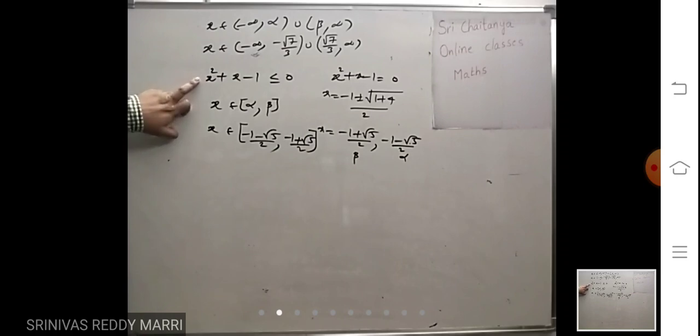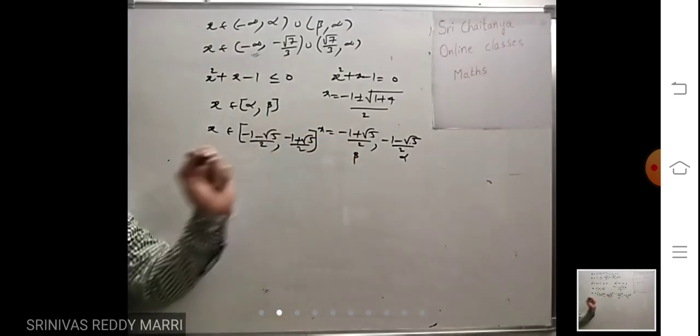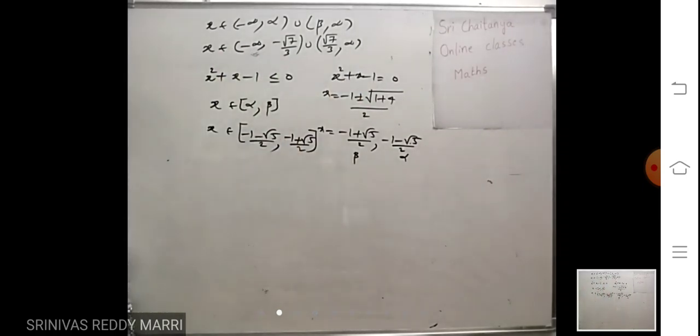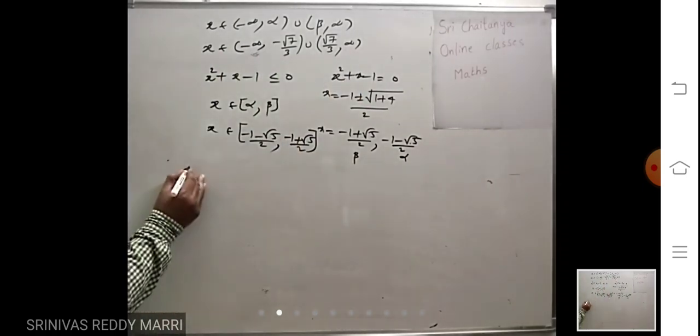While solving, always make the coefficient of x square positive. Here it is positive only. If negative is there, take minus common immediately, otherwise you cannot use the formula. So this is the case where factors are not there, but roots are there. Now look at, I will tell one problem.